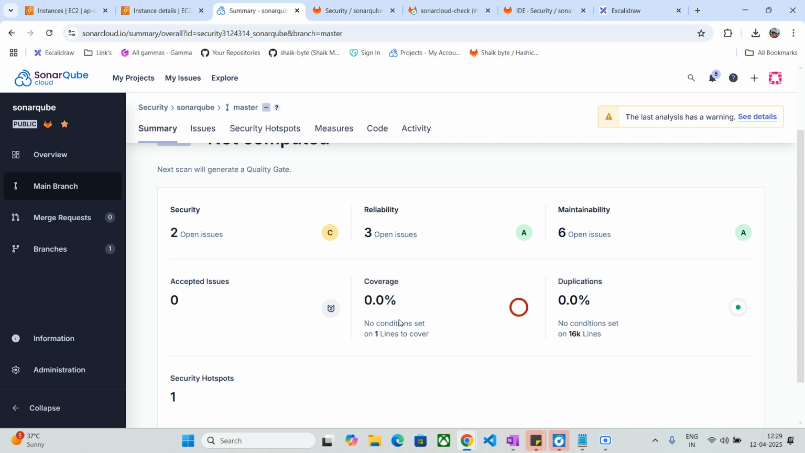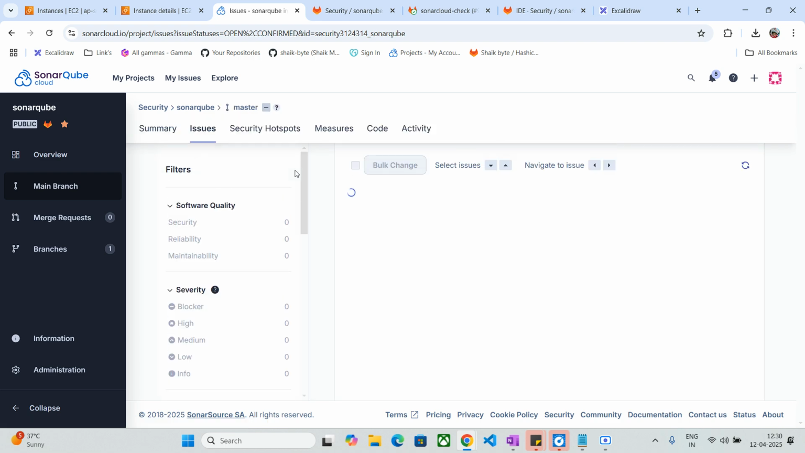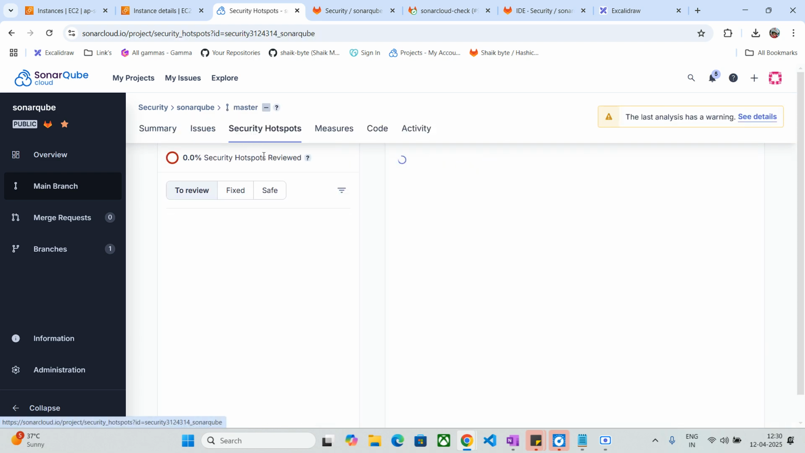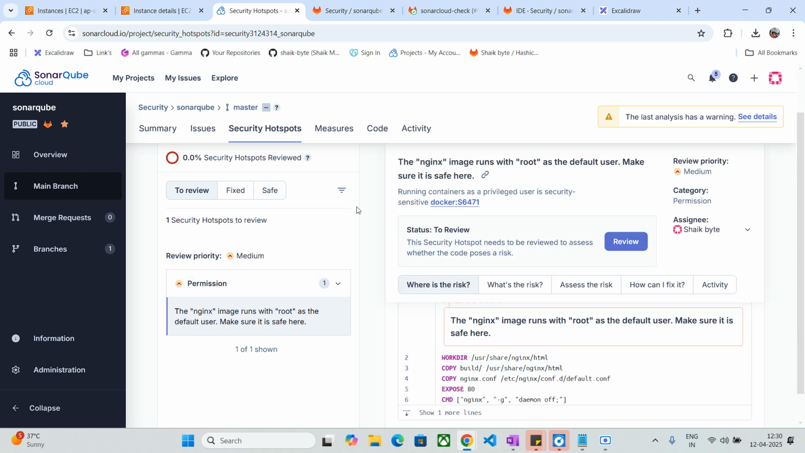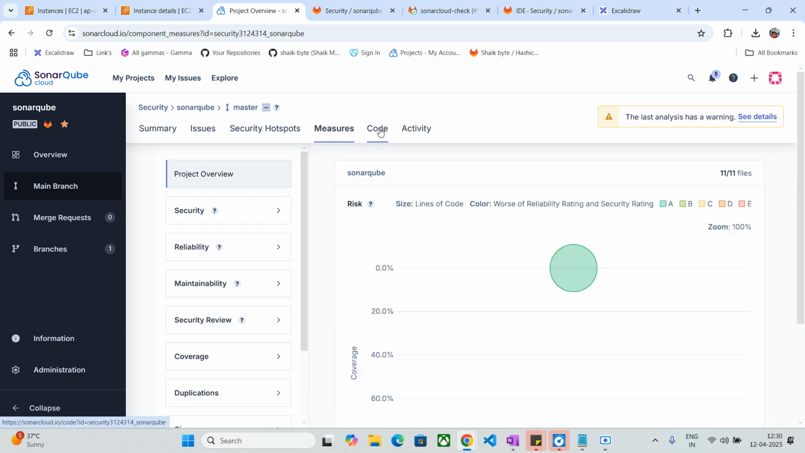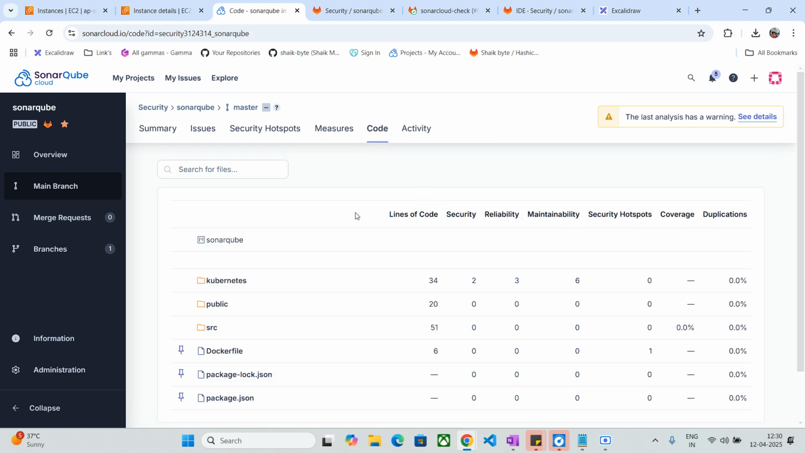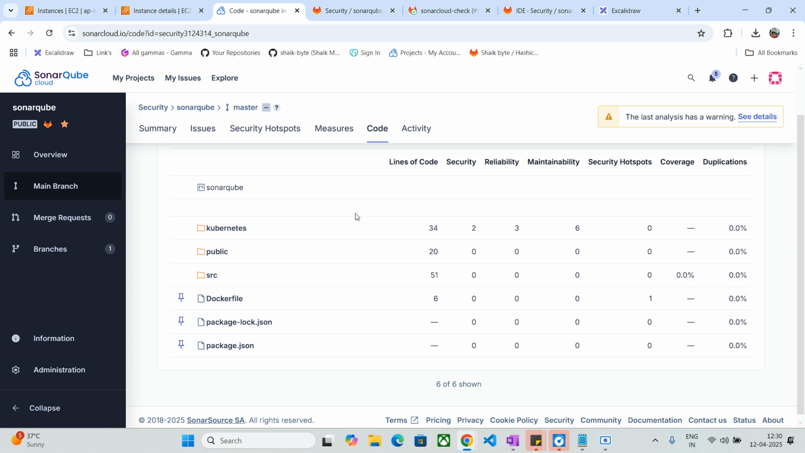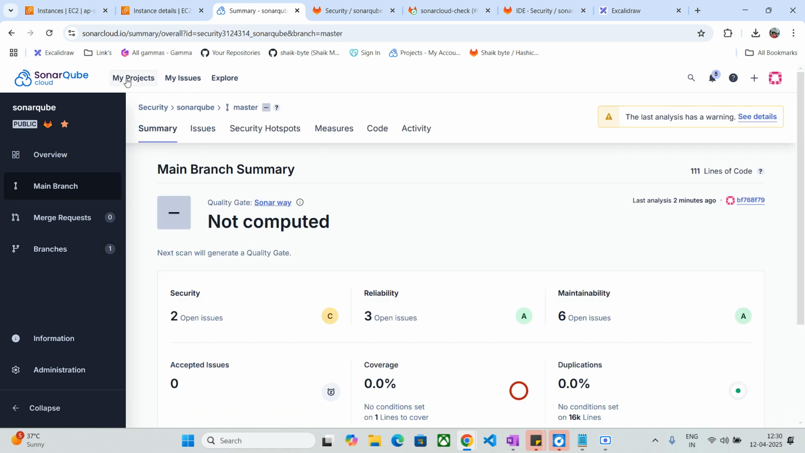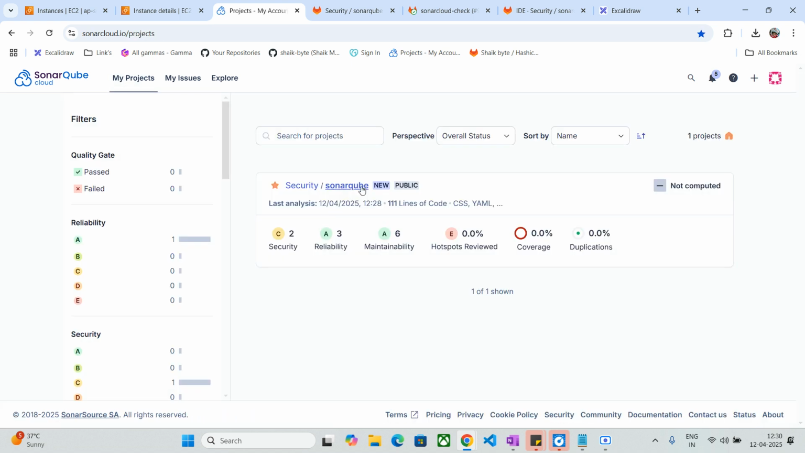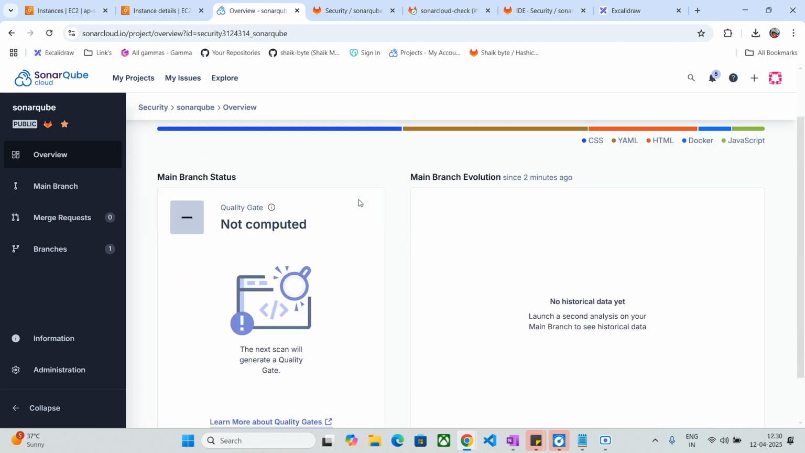Since I don't have coverage, and this is zero duplications, you can go to the issues to see how many issues there are in the source code, and the security hotspots, and whether there are any vulnerabilities. Since there is a vulnerability in my Dockerfile, and the measures and code, how many lines of code got scanned, it gives all the information and the activity, when it got run, what time it got run, how many runs have succeeded and all. So all this information will get into my projects, and you can head back to SonarQube, and here you will have the